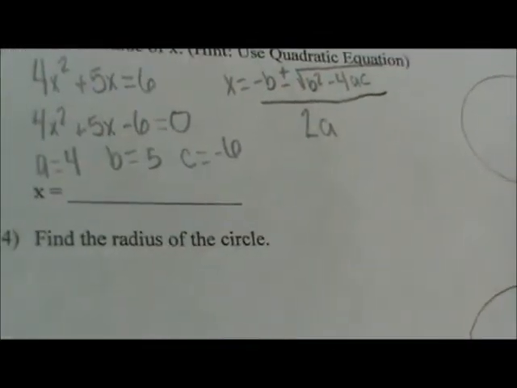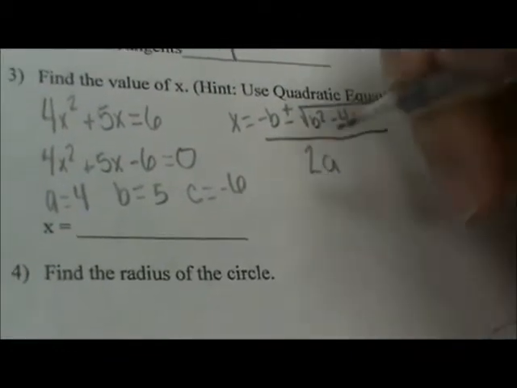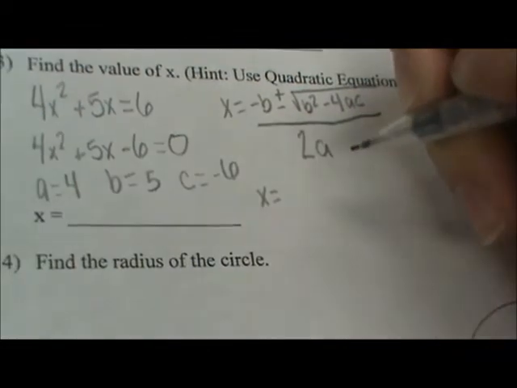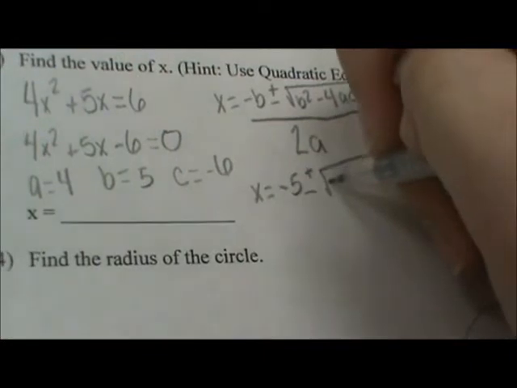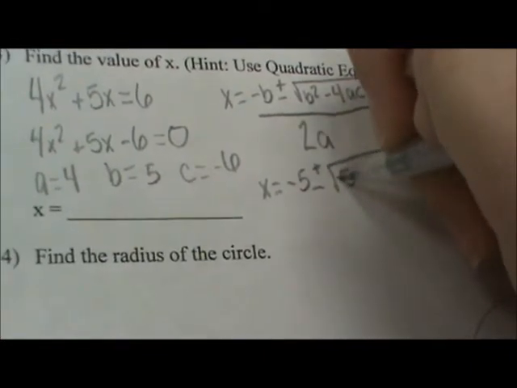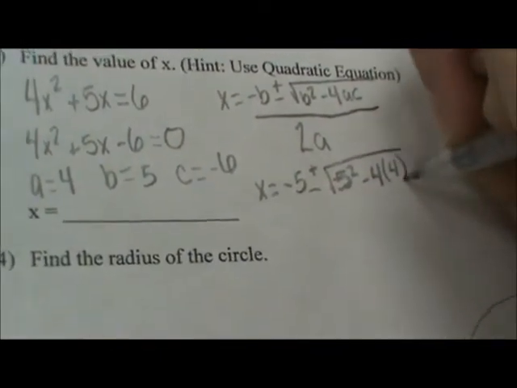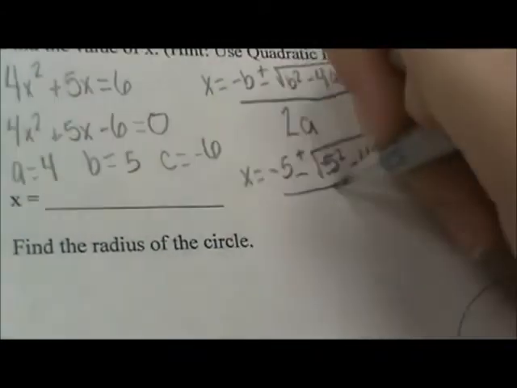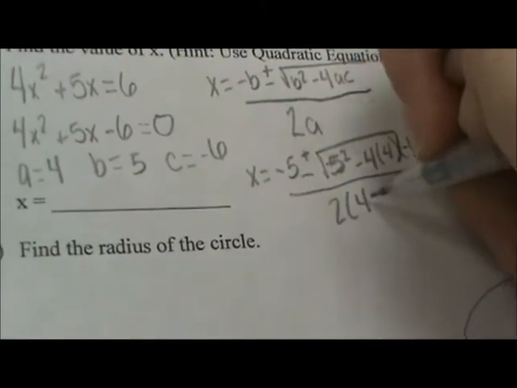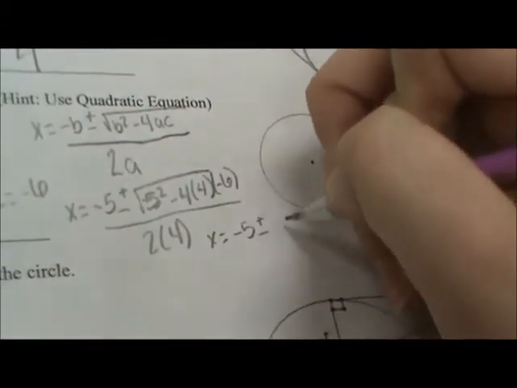So when we plug in the numbers for the equation, you get x equal to -5 plus or minus the square root of 5 squared minus 4 times 4 times -6, all over 2 times 4. When you simplify it, 5 squared is 25,